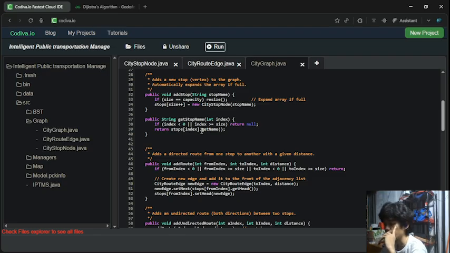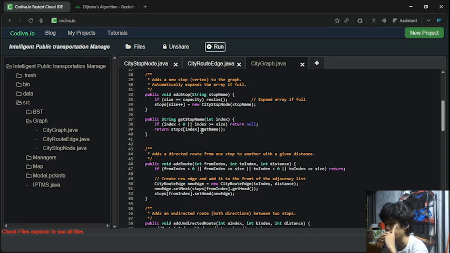The add stop method adds a new stop to the graph. If the stops array is full, it will automatically resize to accommodate more stops. Each stop is wrapped as a city node. This method ensures that the graph can dynamically grow as more bus stops are added.